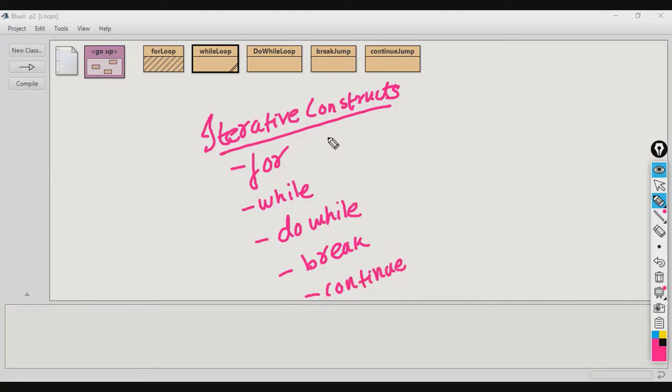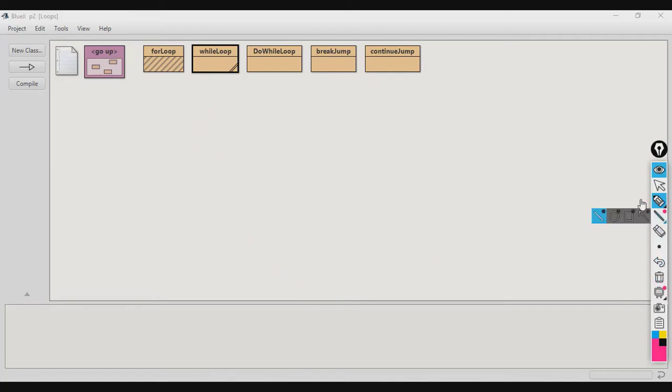So we have three iterative constructs, for, while and do while, and we have two jump statements, break and continue. So let's start with for loop. We'll see the syntax of each of the loops and try to understand their working.